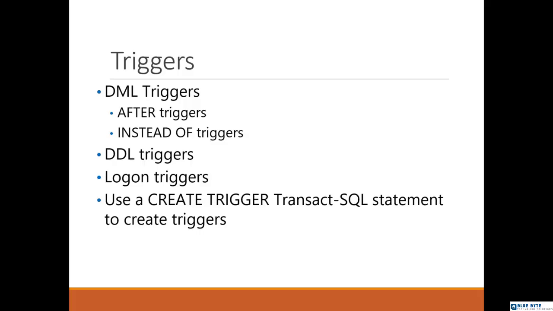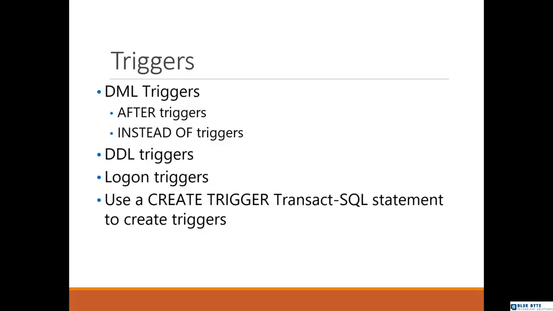With the second one, instead of triggers, the triggering Transact-SQL statement never runs. The code in the trigger runs in its place. A key advantage of instead of triggers is that they provide a way to run updates against views that reference more than one table. The other type is DDL triggers, which are a subset of Transact-SQL that include create,